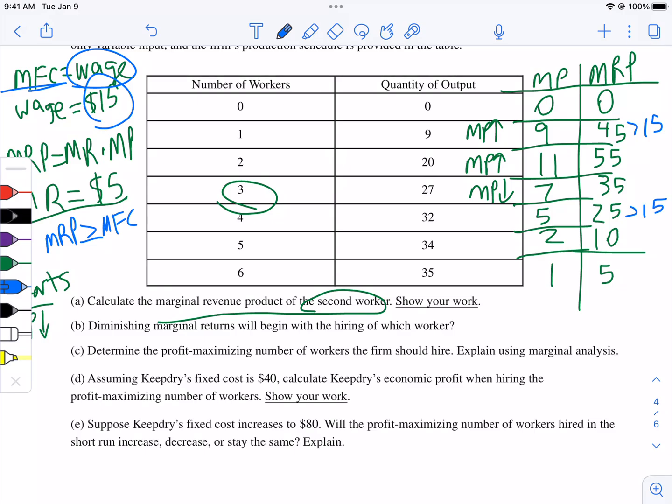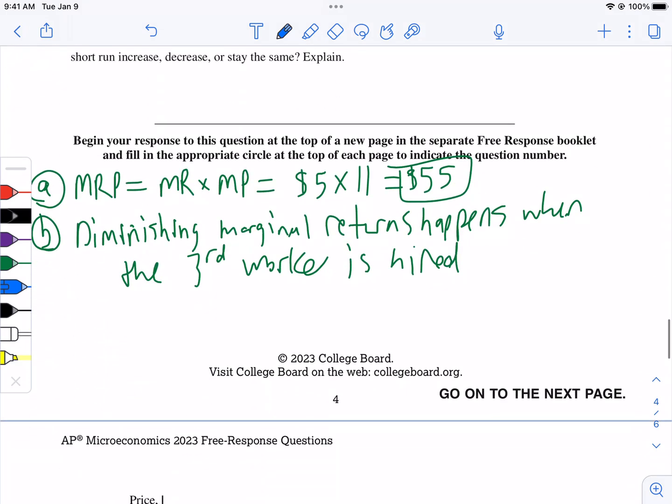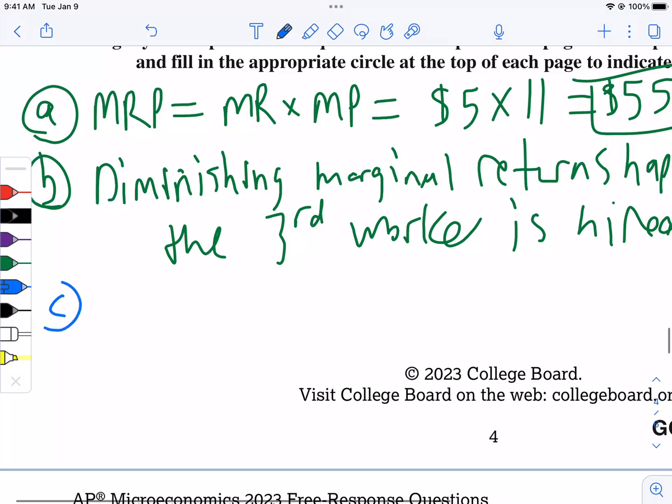But do you hire the fifth worker? No. You don't hire the fifth worker because your marginal factor cost is less than your marginal revenue product. So when they say determine the number of workers you hire using marginal analysis, this is what you're going to say. You're going to say the firm,